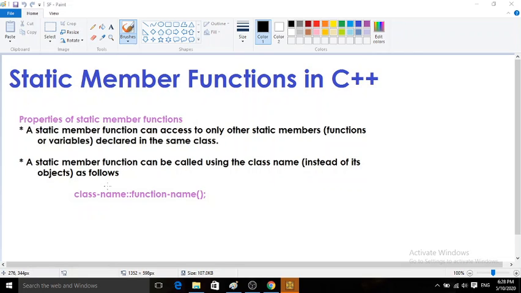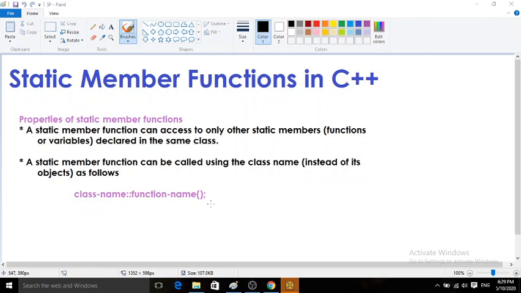To call it, you have to use the name of the same class, and it takes the following form: class name, scope resolution operator, and function name. Definitely this is the static function name which you want to call. By using this syntax, this format only, you can call a static member function.